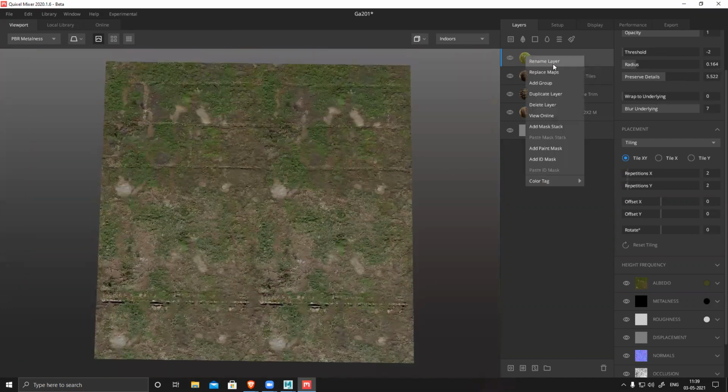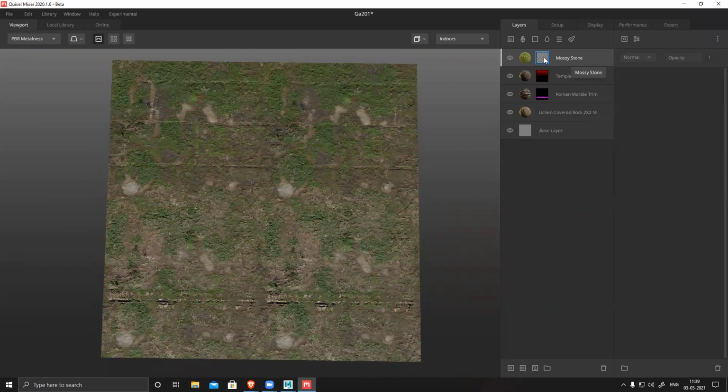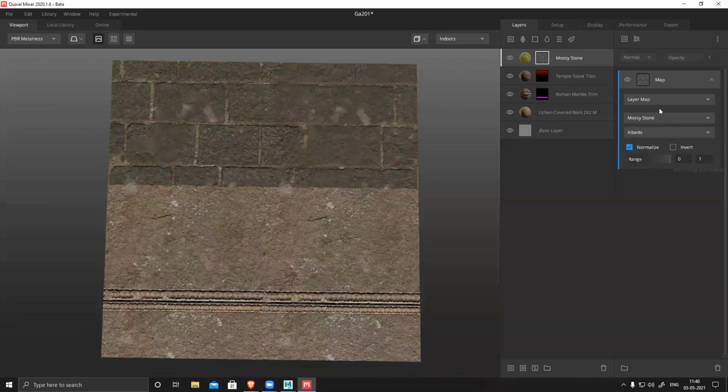So what I'll do, right click, or if I want to blend it nicely, I can use moss stone. I use a stack mask, and these options are different. So here I can click, and what I want to do basically is use a map. I can choose a map, like image layer map, or some specific curvature map or some other map. You can import and load those things. And you can see it's layer maps. I use layer maps. It just blends.